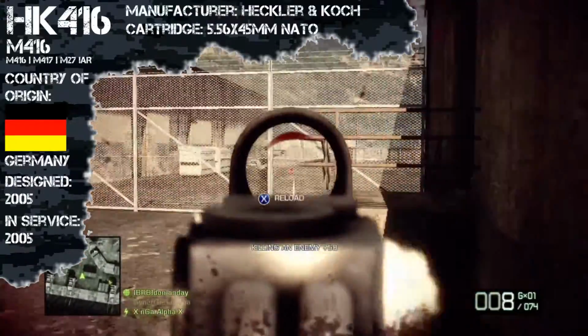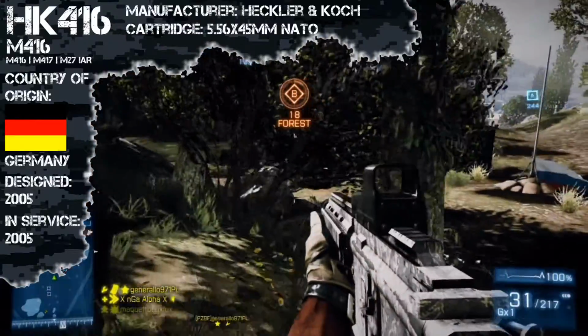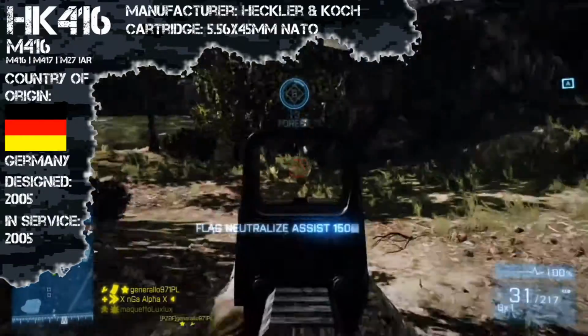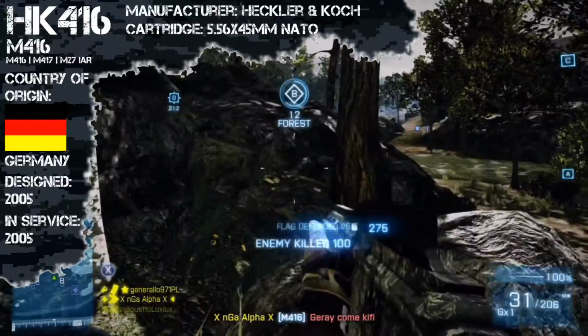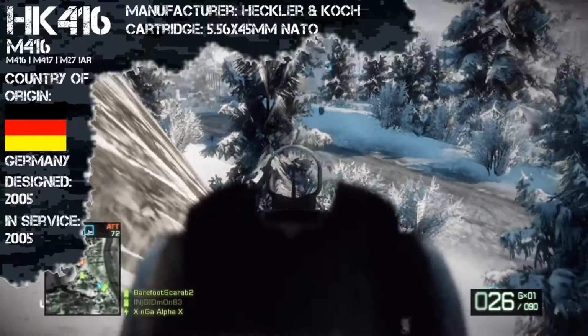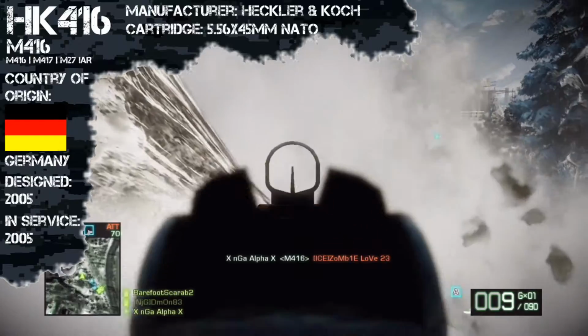The M416 fires the 5.56x45mm NATO round, just like most modern Western assault rifles. The M416 has also spawned many derivatives that are essentially specialized versions of the rifle, the M417 and the M27 IAR. The M416 came into being after the United States Army's Delta Force collaborated with Heckler Koch to develop the